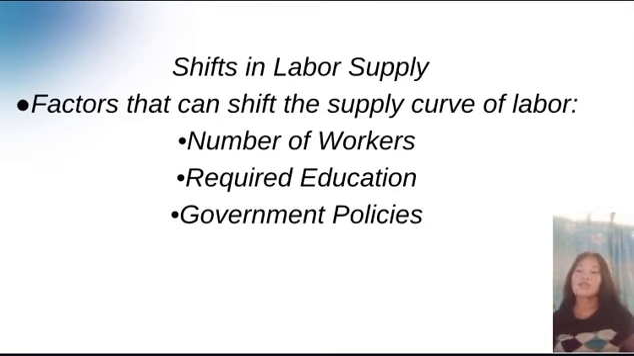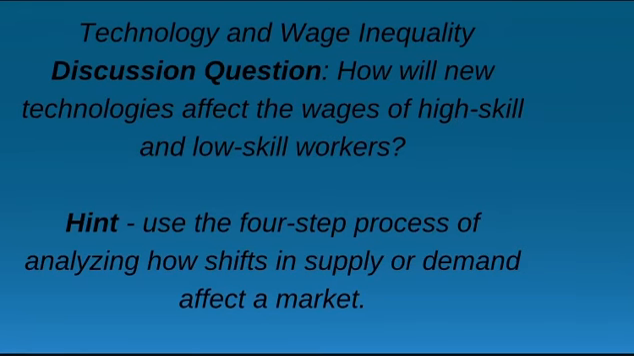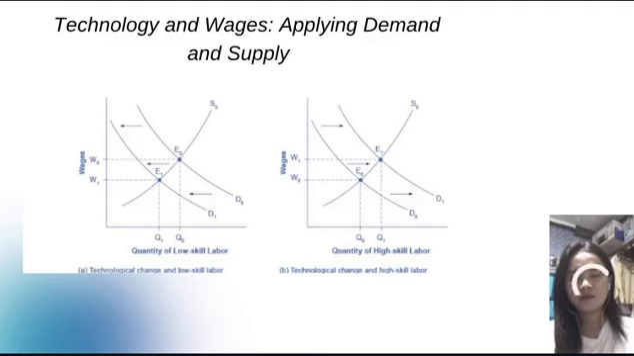Shift in labor supply. There are three factors that can shift the supply curve of labor. First is the number of workers. Second is required education. And third,